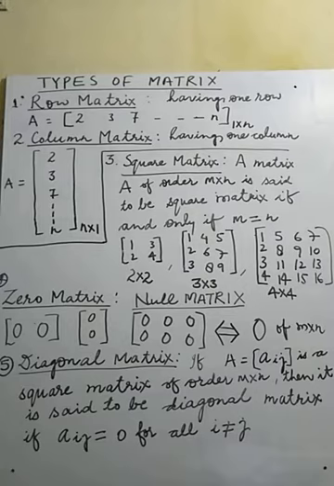In the first row, the first element is not 0. In the second row, the second element is not 0. In the third row, the third column is not 0. If this type of arrangement is there, we can say the given matrix is a diagonal matrix. We may study this with the help of an example. Without an example, we cannot solve and determine it in a proper way. Properly we cannot study, so examples are compulsory and we will try to understand with the help of an example.